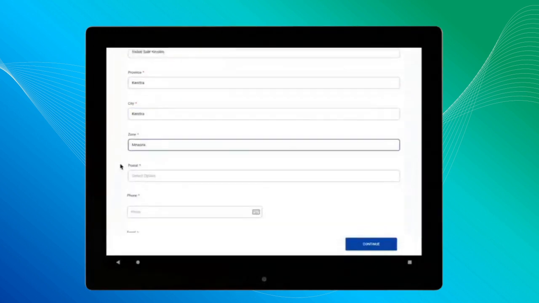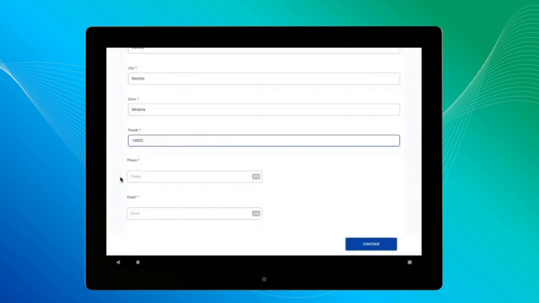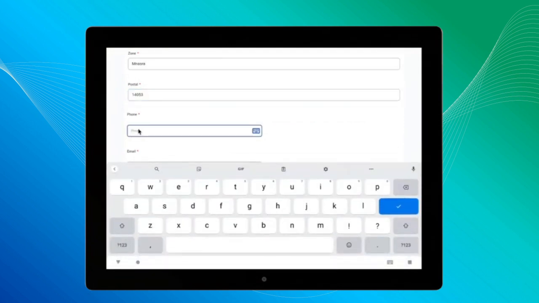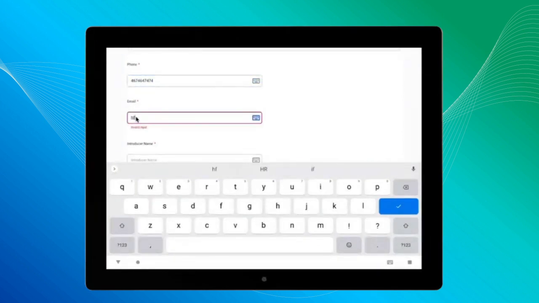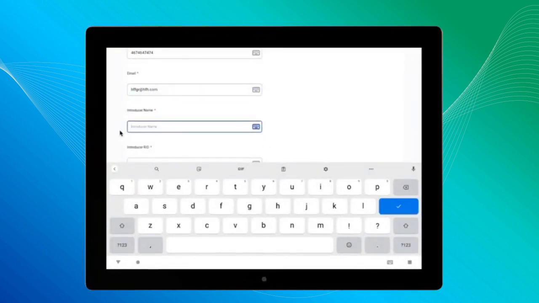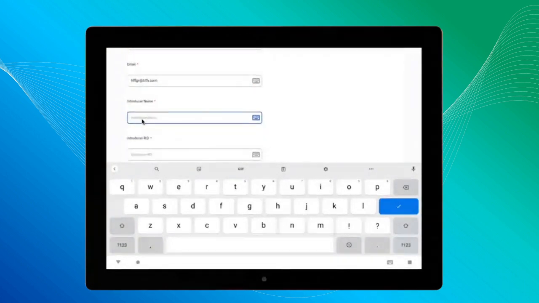As a child, according to the specification, there has to be an introducer. In the last workflow, the introducer field was absent. Currently, we have an introducer field present, which is mandatory. So he'll add the introducer name and introducer RID as well,